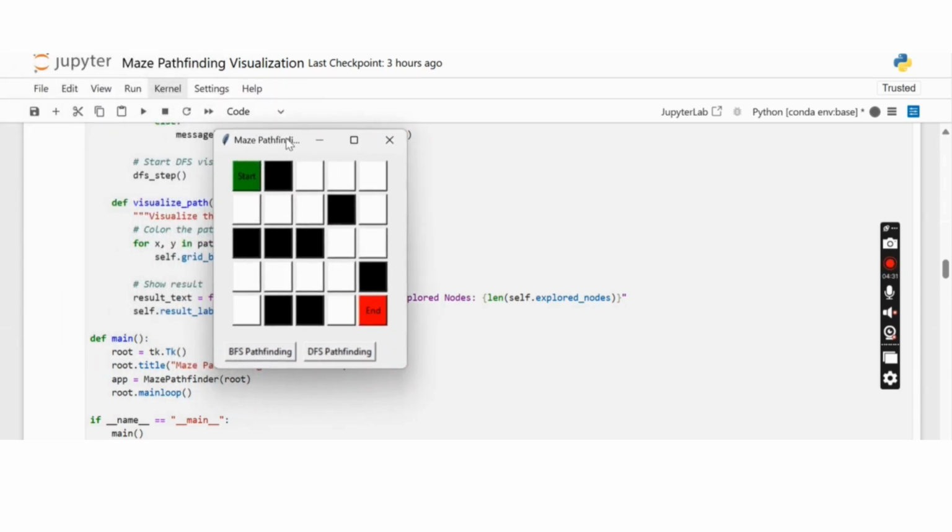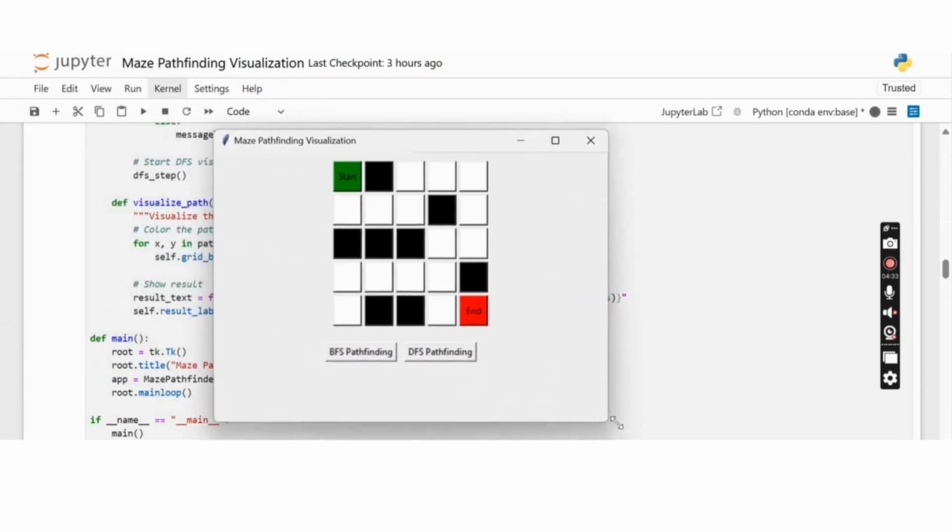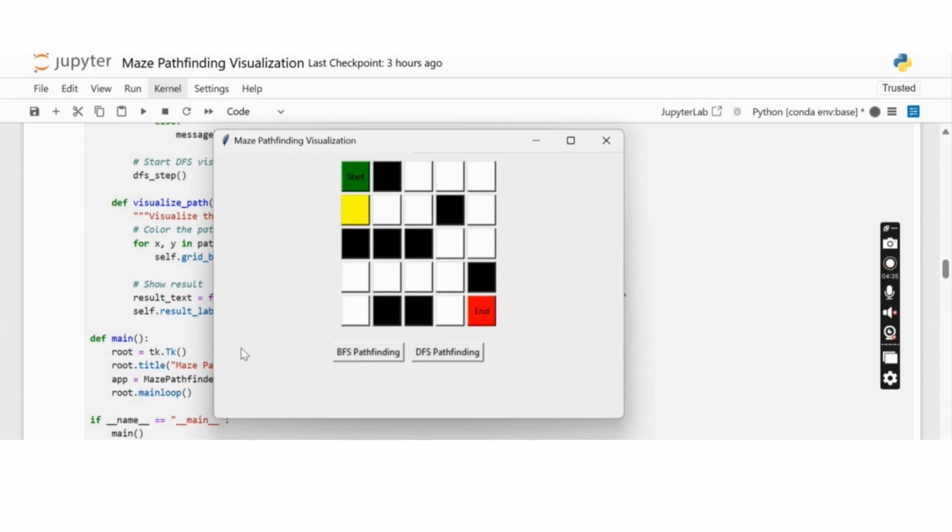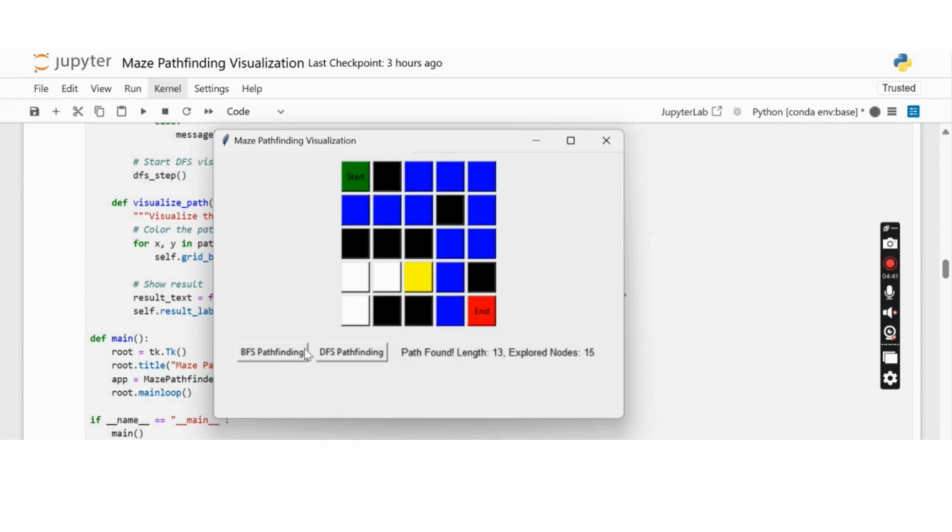Now let us run it. So now you can see this path. I am getting the explored nodes as yellow and the shortest path colored in blue. So the path length found is 13, explored nodes 15. Similarly, for DFS path finding,